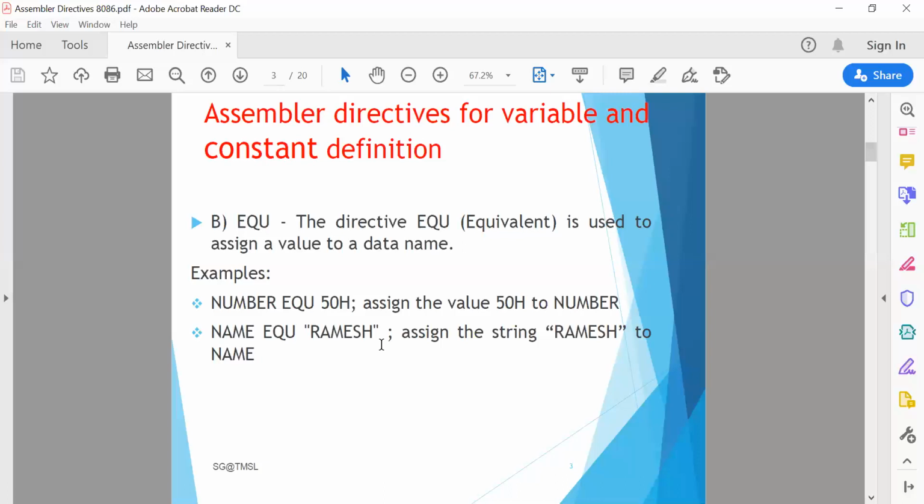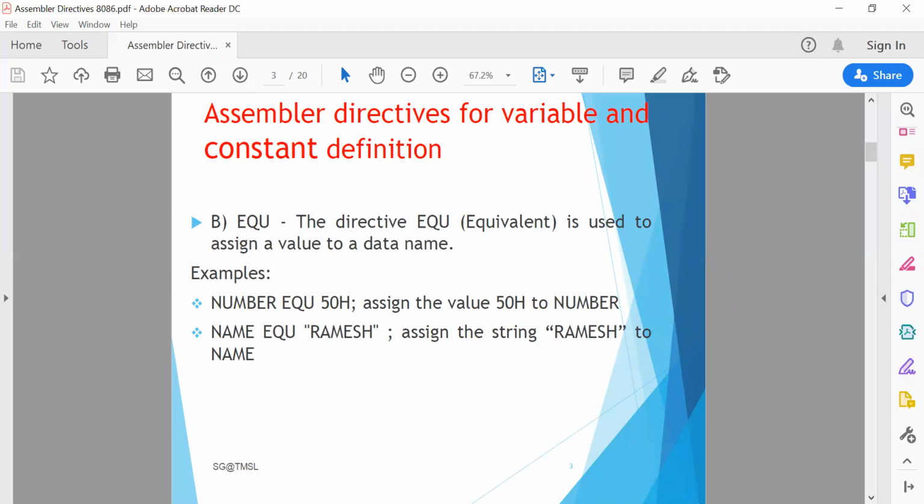So to minimize this type of error, if the equate directive is used to assign the value with a label that can be used in place of each recurrence of that constant, only one change in the equate statement will give the correct and modified code. So that's why this equate directive is used.